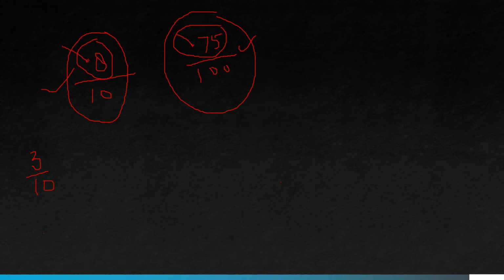So let's say we have 3 upon 100. This is our fraction, and we have to convert this fraction into a decimal. How will you convert this fraction into a decimal? As I have already told you, you have to first write the numerator. What is the numerator? It is 3. You have to write the numerator over here, and then you have to count the zeros. Okay, how many zeros are there?